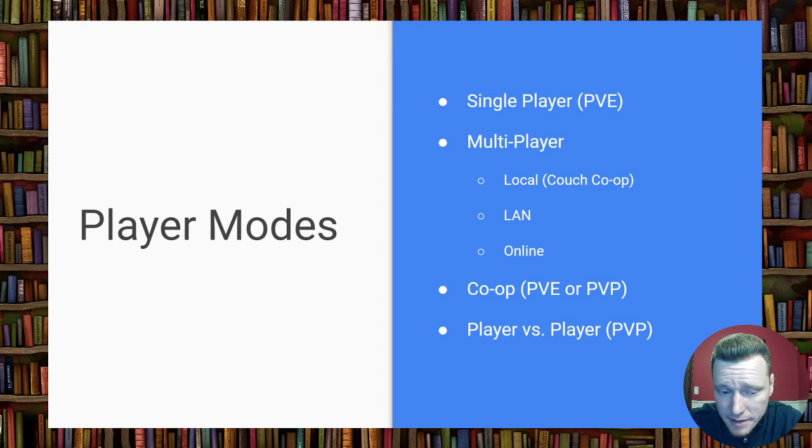And moving on, that network could be the internet itself, and now it's an online multiplayer game where people can sit in their own homes or in their offices at work when they're on break, hopefully when they're on break, and they're playing. It's exactly the same as the LAN multiplayer, except now we're using the internet itself as the network. And so that's single player and multiplayer, and within the multiplayer, also we can choose whether players are playing cooperatively,